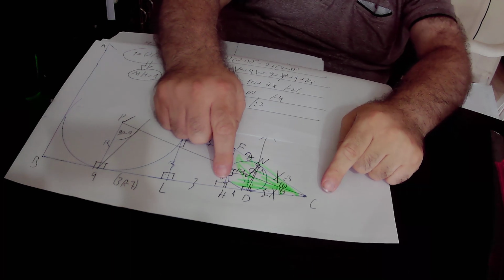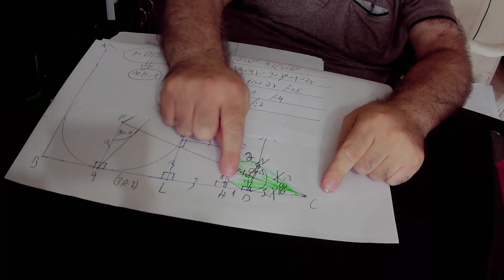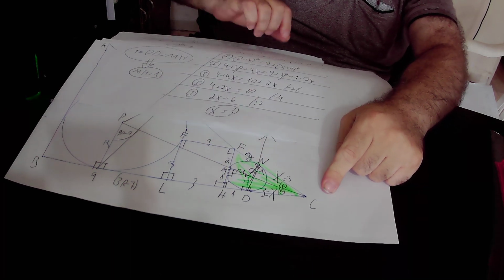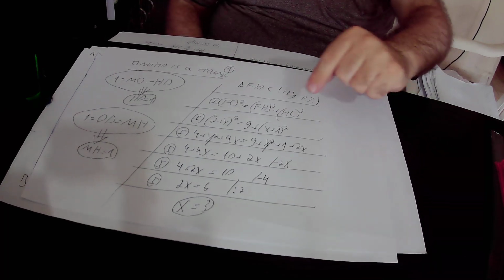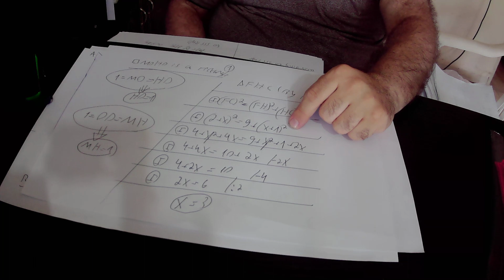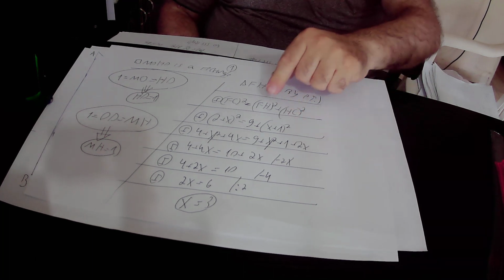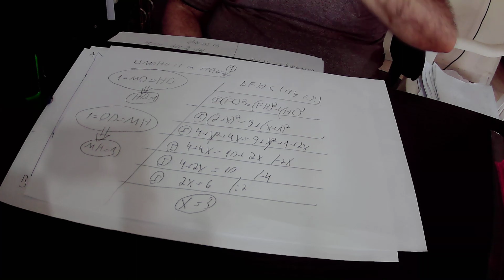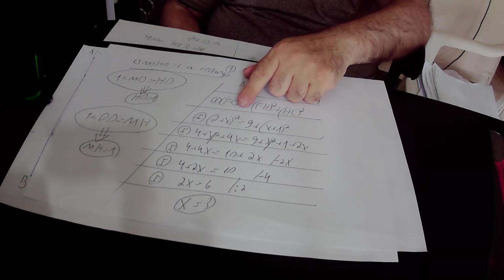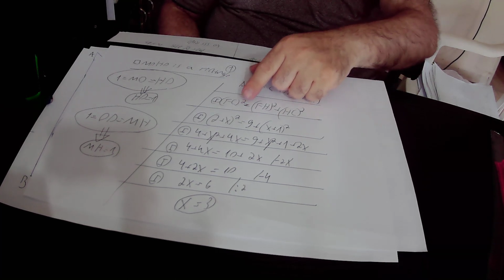What is the value of HC? HC equals 1 plus x, therefore HC square equals (1 plus x) square. So in conclusion, according to equation number 1, 2 plus x square equals 9 plus (x plus 1) square. Here we open the brackets on both sides of equation number 1, and we get that 2 plus x square equals 2 squared, that is 4, plus x square plus